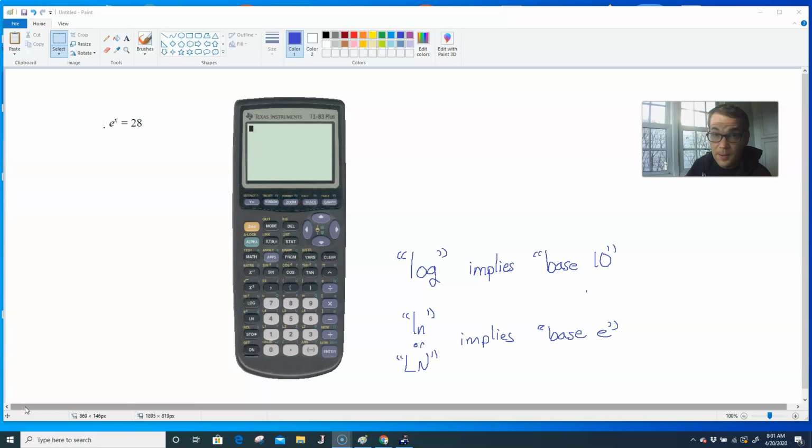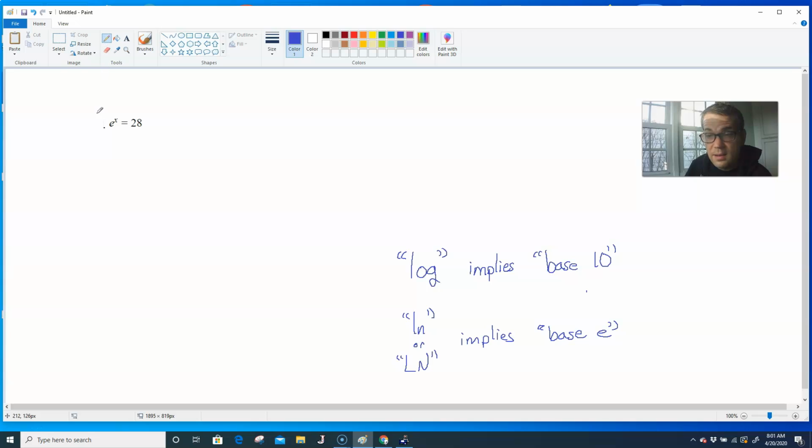So if I didn't know anything else, I might write down something like, this is the log. The base is going to be e. The exponent goes on the other side of the equation. And the 28 goes here. But the thing is, nobody really writes log base e. You don't write that. What you do instead is, if the base is e, then you're going to use ln,